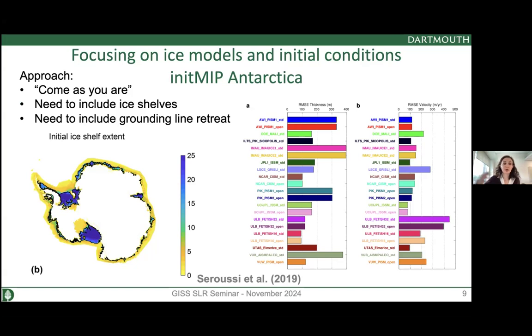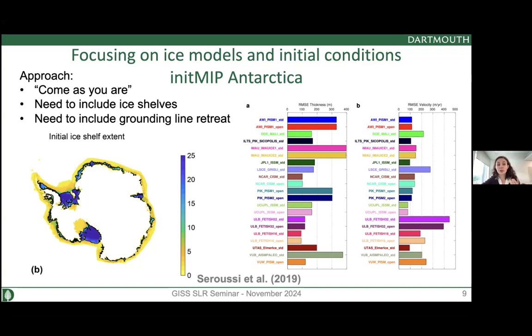The approach was that modelers, this is a community effort, a volunteer effort. There's unfortunately no dedicated funding for these things. So people are really interested, we have a wonderful community, but we can't really impose strong constraints. So the idea is that models come as they are. However, we had noticed from the earlier sea rise effort that there are a few things that are really key if you want to simulate the Antarctic ice sheet, and that's not going to come as a surprise.